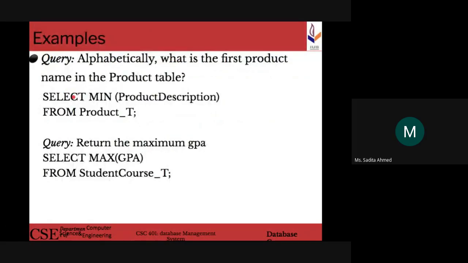Cool. Then let's move on to easier things, all right? Let's take a break from the more complex stuff. These are some of the simpler stuff. Simply, what is the first product name in the product table? How do we calculate that? Use the min function or the max function. First product name in the product table. So